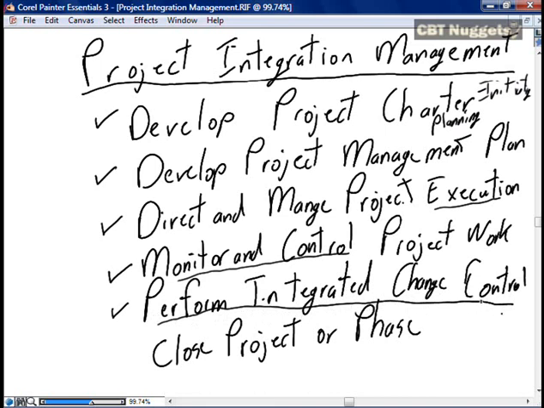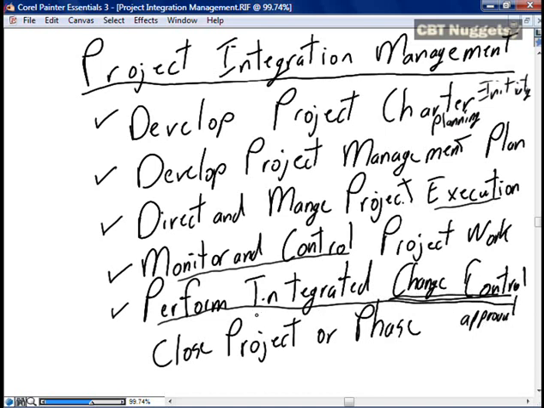In scope management, we talk about the importance of controlling the scope of the project. Well, we do that important controlling of the scope of the project through integrated change control. All changes, and I've said this many times through the Nugget series already, all changes to the project scope must be processed through change control to get approval to change the project.